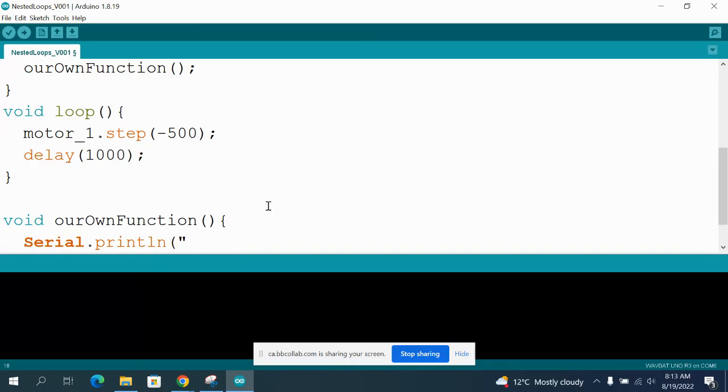That's again a function that we are going to call. Print line is a function that we are going to call, but in this case, we are giving it some kind of information as an input, and we are going to say inside our own function.